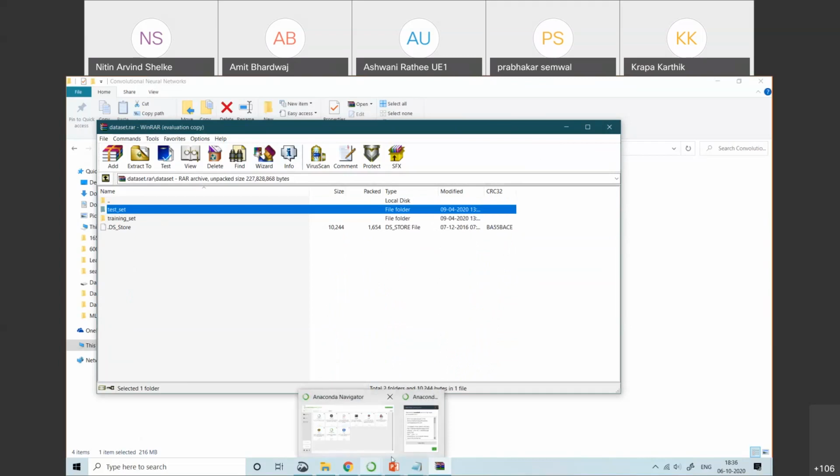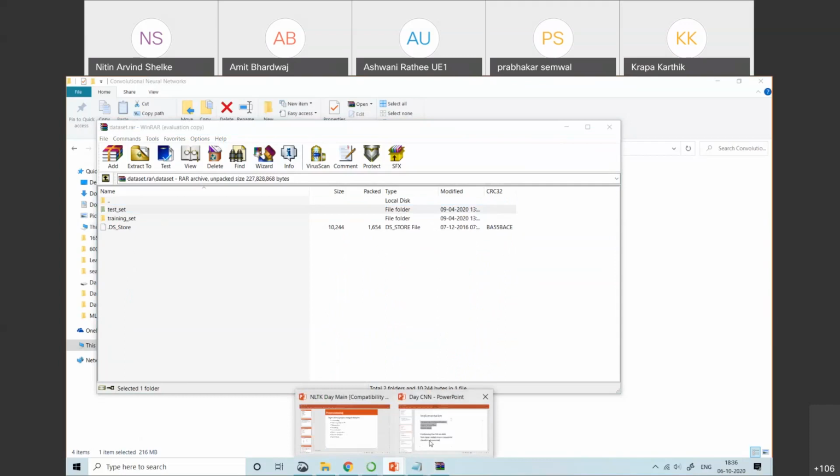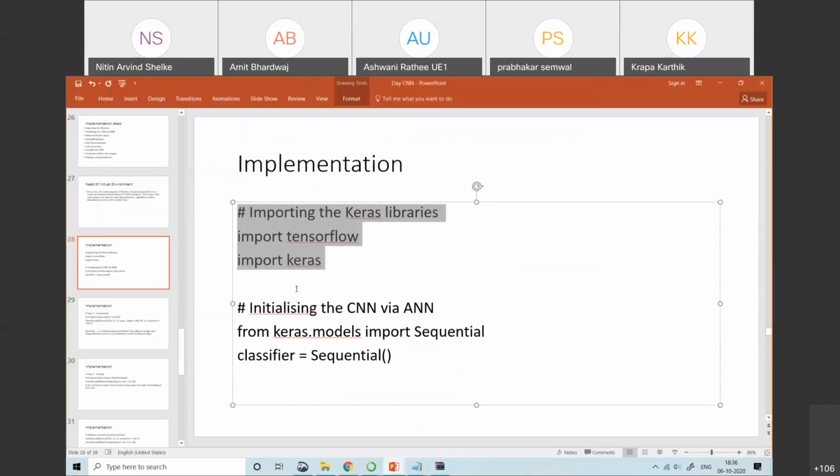Now let's start. The first step is initializing the CNN via ANN. It means first we create the ANN model. We import the sequential class and create an object of that class.